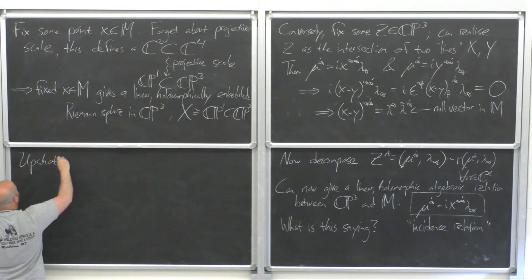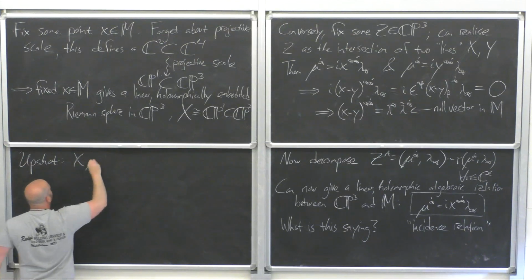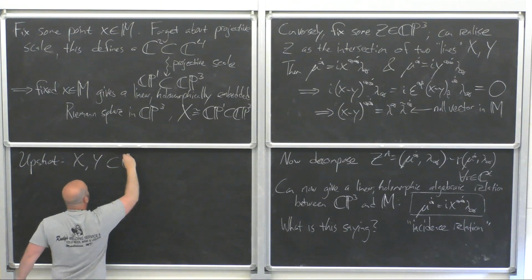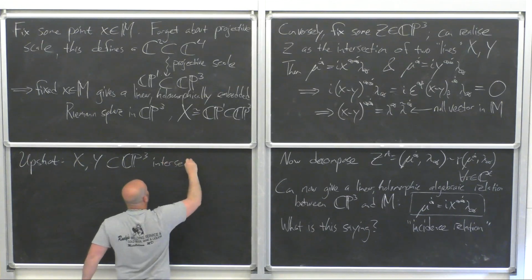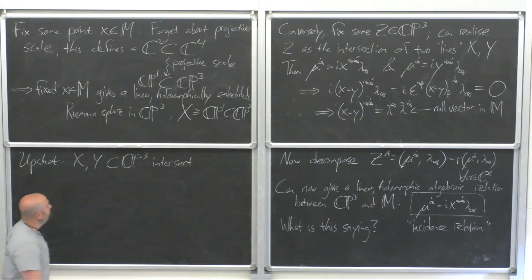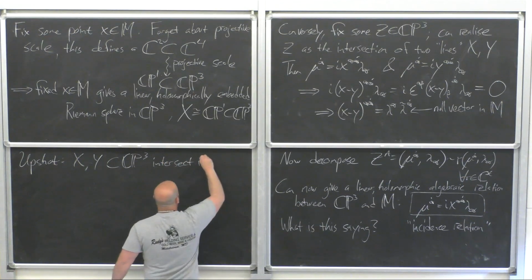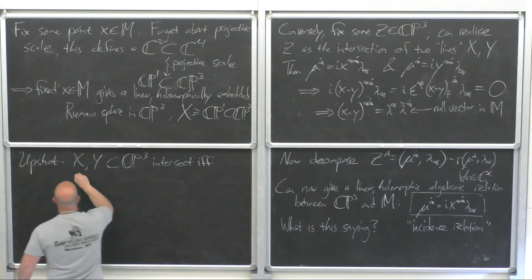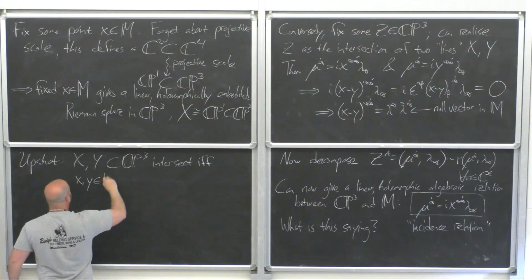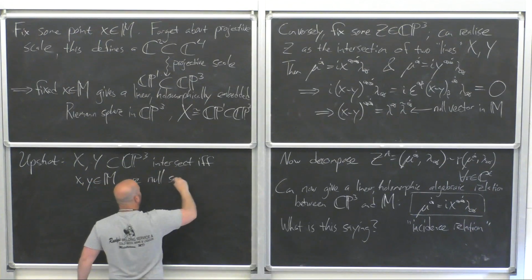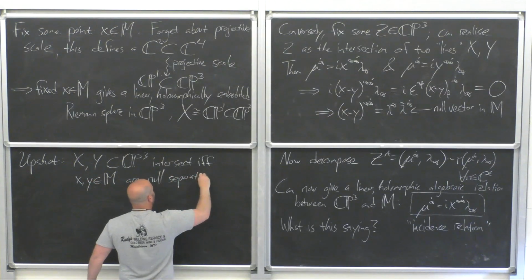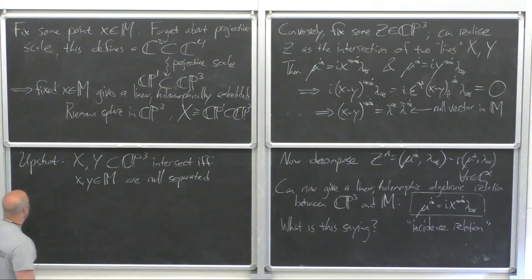The first upshot was that 2 of these lines in CP3 intersect if and only if the corresponding little x, little y in M are null separated. But the other upshot is that Z3